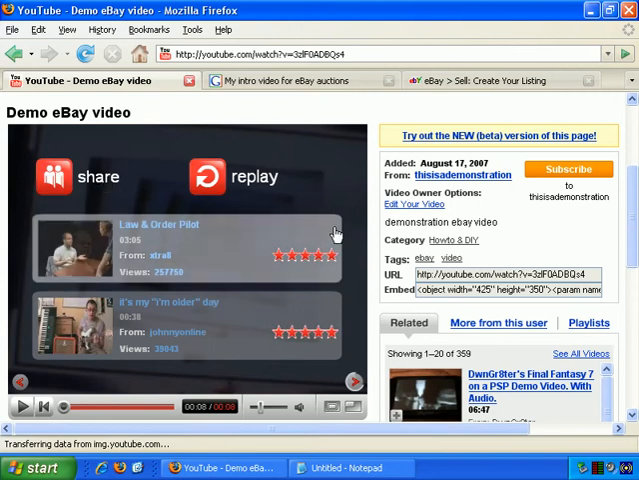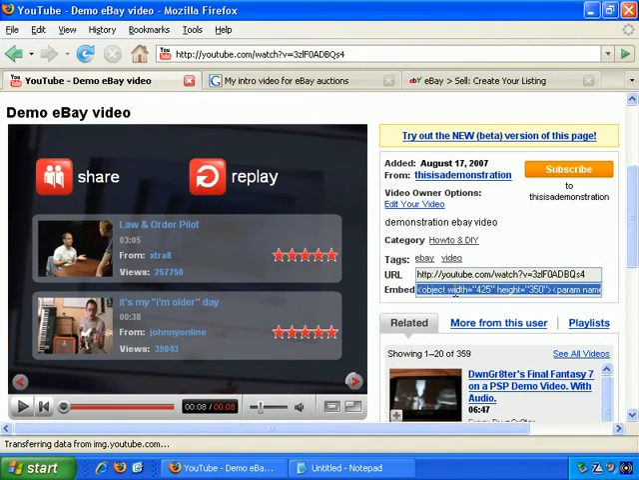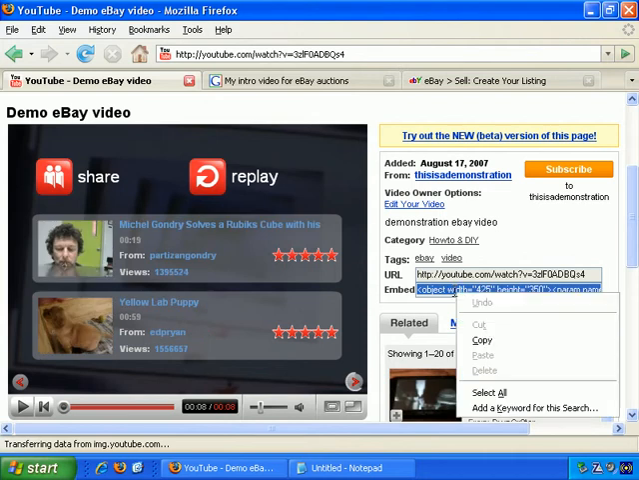So I can click on Share, or alternatively, we want the code here, Embed. Just click, and it selects it all, or it should select it all. And if I right-click and copy,